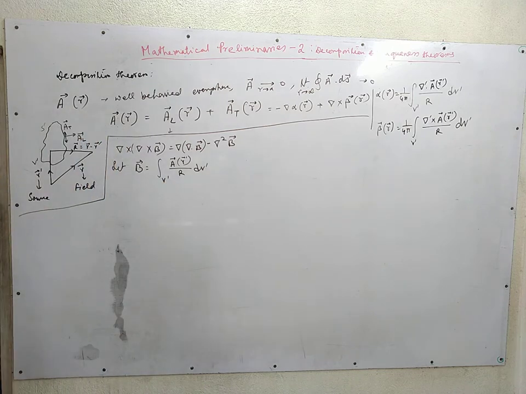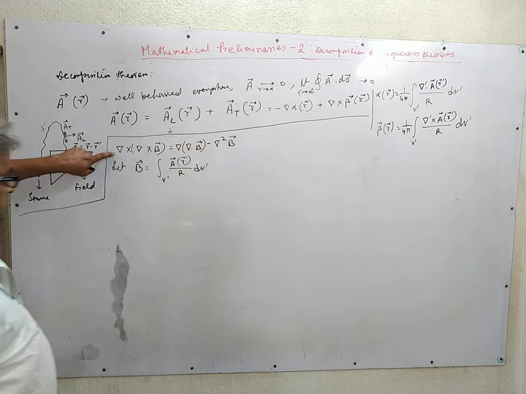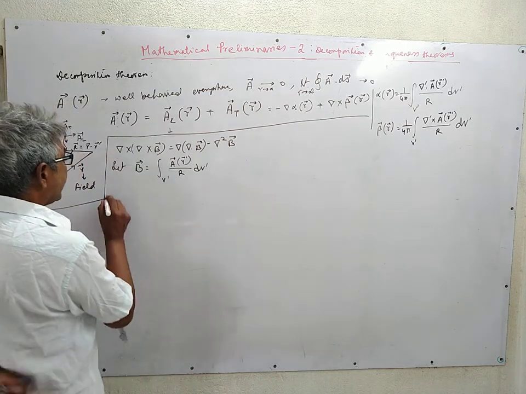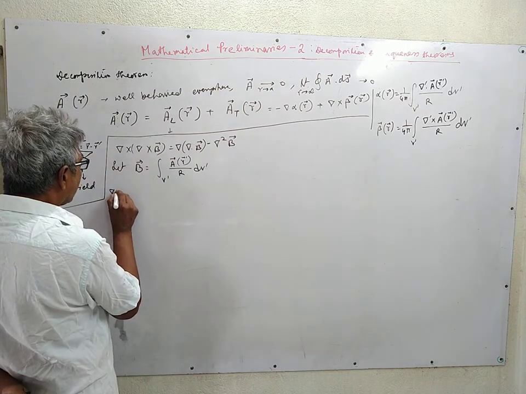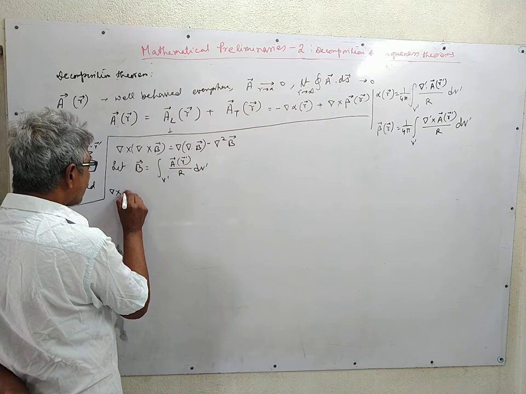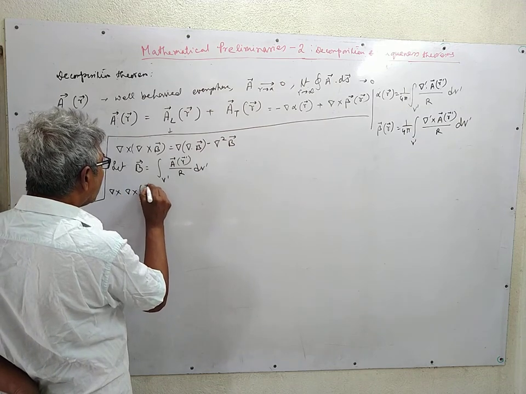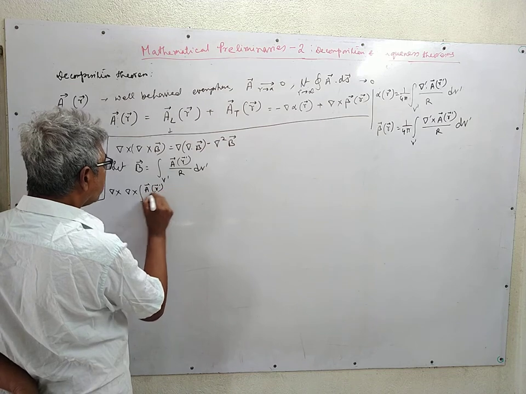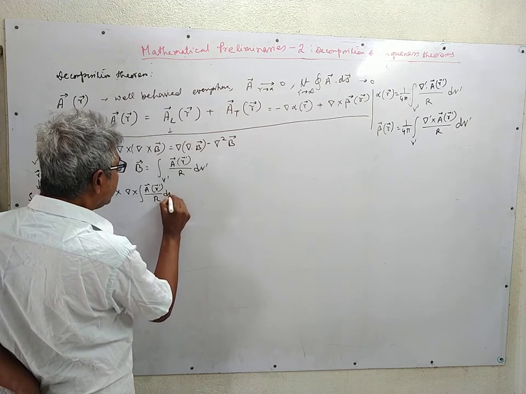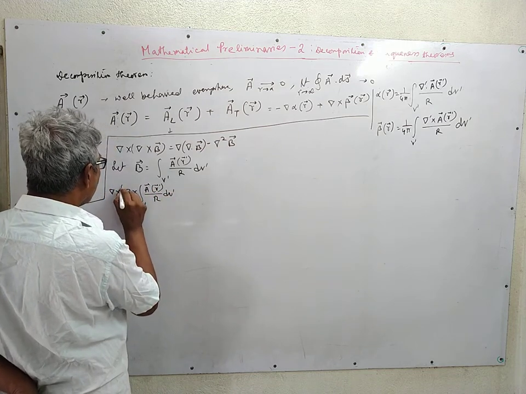So we apply this vector identity to this vector, so that we get curl of curl of the integral of A of r prime by script r dv prime over v prime